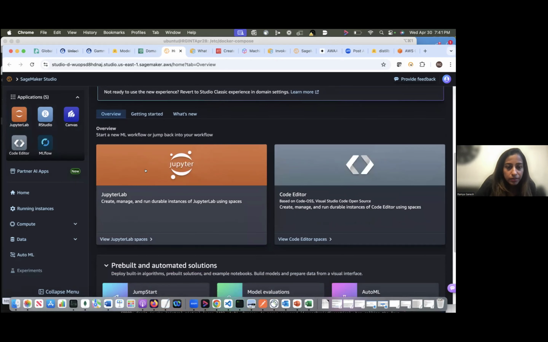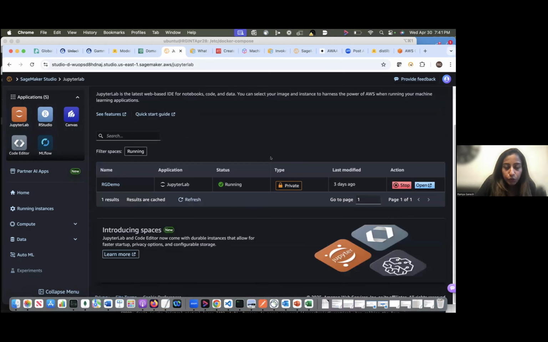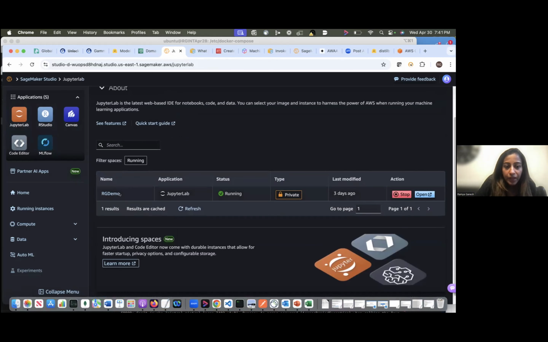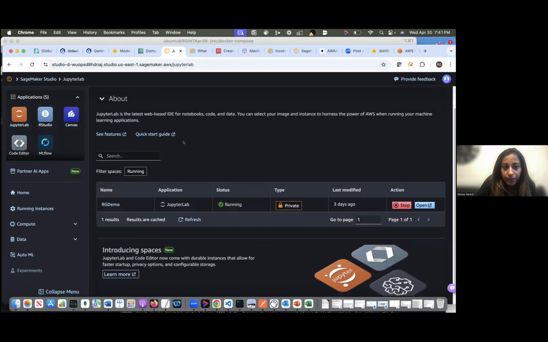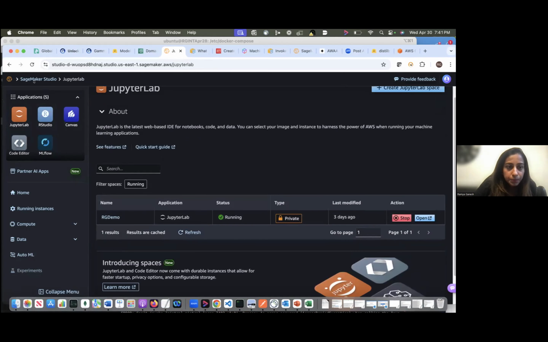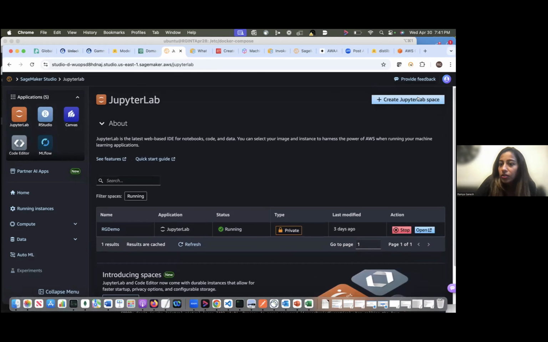There are some spaces that I've already installed, but let me see if I can spin up a new one. This one is already installed, but if I have to spin up a new one, a small note here. There's something called Create JupyterLab Space that you will find on the top right.